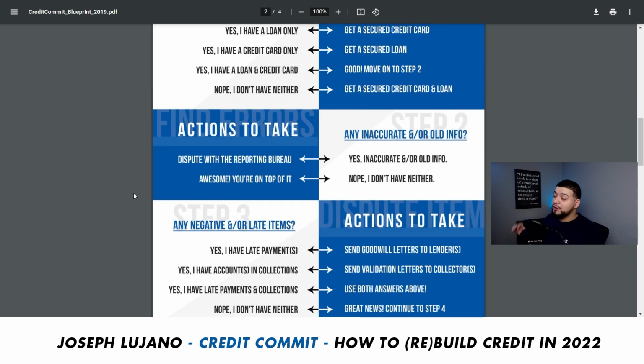The next step you're going to want to do after you add the items is dispute inaccurate information. You want to basically do these things at the same time. So when you send out the letters to dispute the inaccurate information, you are going to want to be adding these positive accounts as well. All the positive accounts, I would suggest to add them the same day if possible. That would be the best thing you can do. So that way your age of credit history can age at the same time. We'll go over that in a minute.